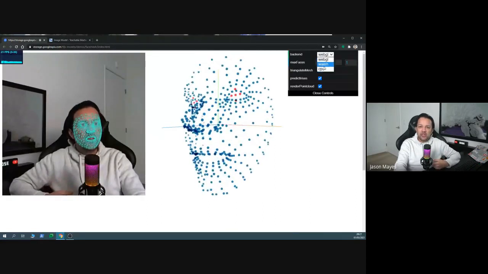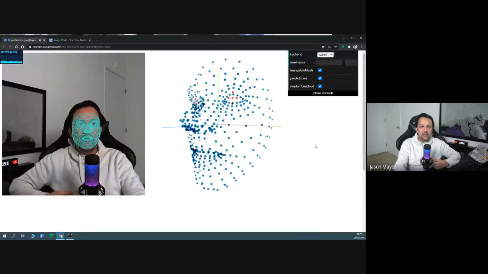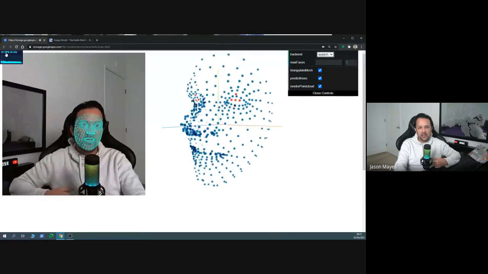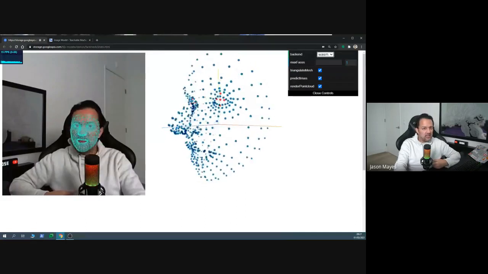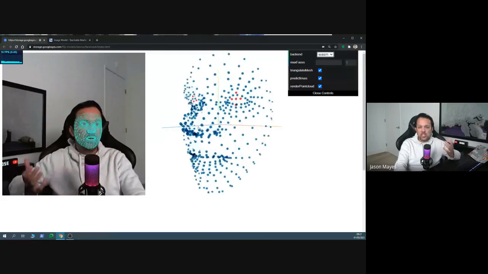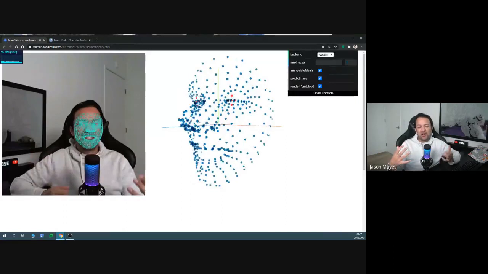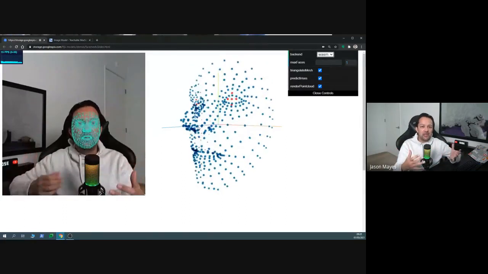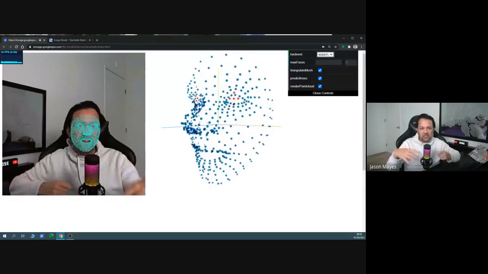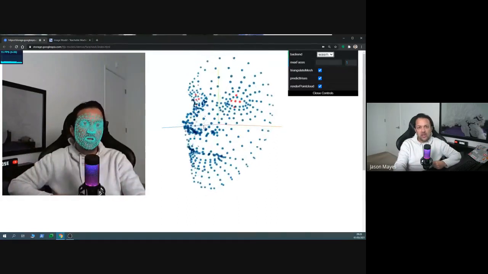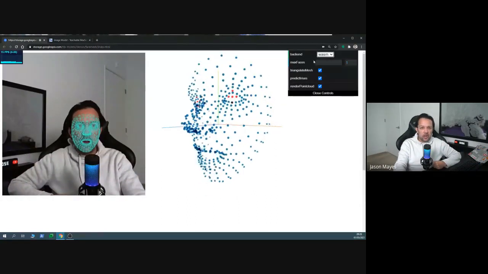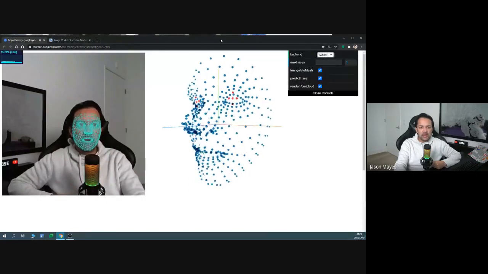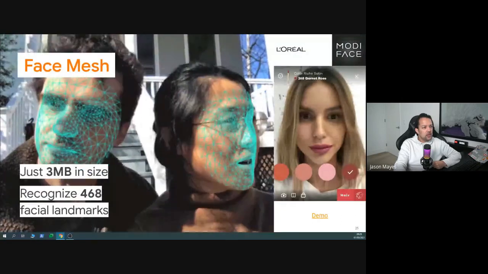Now, if I switch this to WASM, which is WebAssembly, this is basically going to drop the frames per second slightly because I'm now using the CPU to execute, but it's still pretty fast, as you can see. There's nothing wrong with that. But there might be situations where you want to keep the graphics card for maybe 3D game graphics that you're trying to do and have the CPU do the machine learning, or vice versa. Maybe you want to swap it around for some reason too. So with TensorFlow.js, you've got the choice of executing on different backends, which we'll get into more later in the presentation. So that's face mesh.